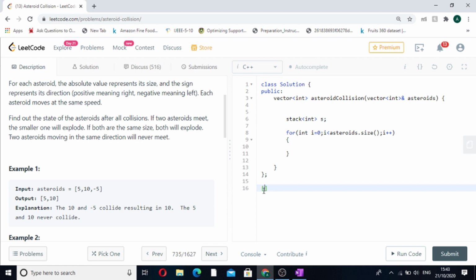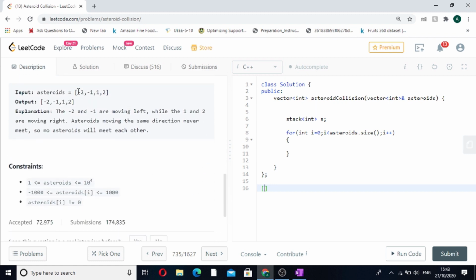So we just simply insert the 5 here, and now suppose the stack is empty and we encountered a minus sign. Whenever the minus sign occurs, we have to look to the most recent side whether the collision can take place or not. If the stack is empty, it means that no other asteroid has come in the stack till now, so we will not compare it, we will simply insert -2 in it. So this will be our case.